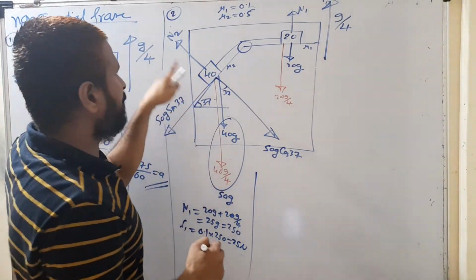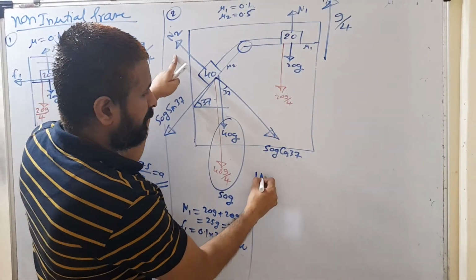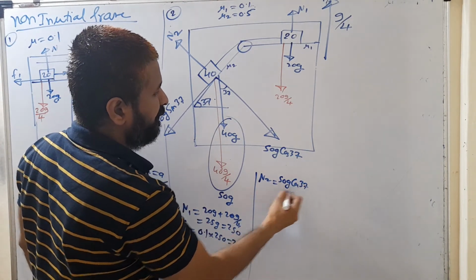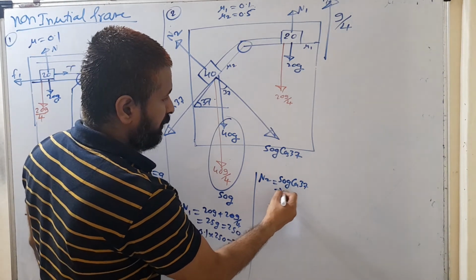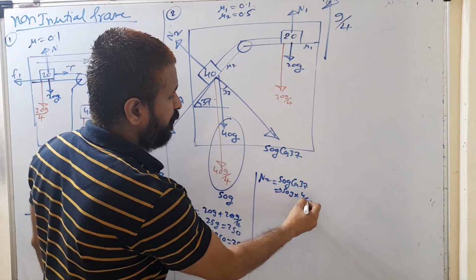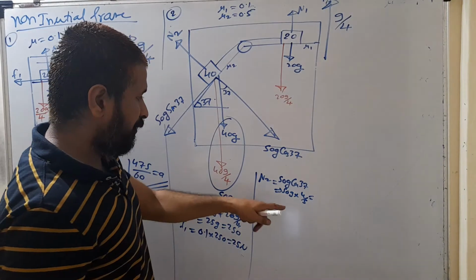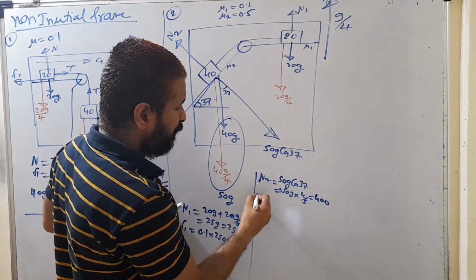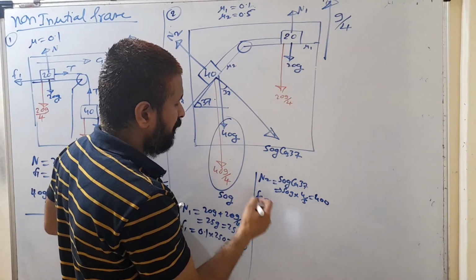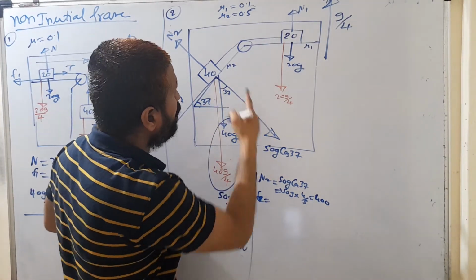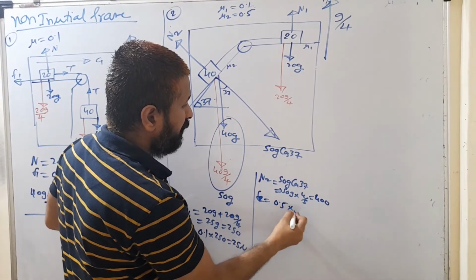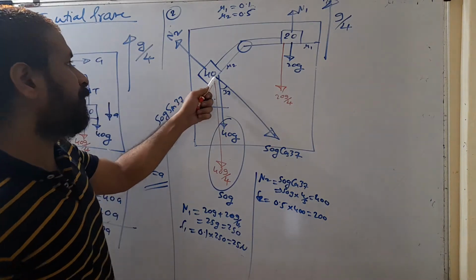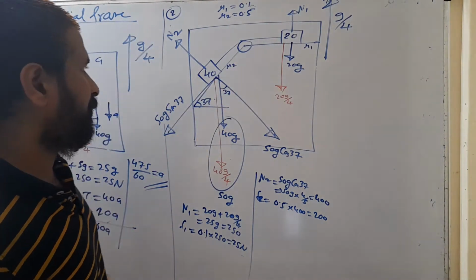Find the frictional force acting here. So to find that friction, first you have to find N. So N2 is equal to 50g cos 37. That is, 50g cos 37 is what? 4 by 5. So what value are you going to get? 10g into 4, that is 400. So N2 is 400. Now find the frictional force F2, the frictional force acting on this surface. That is mu 2, 0.5 into 400, which is 200. So here the frictional force is 200 and here the frictional force is just 25 Newton.